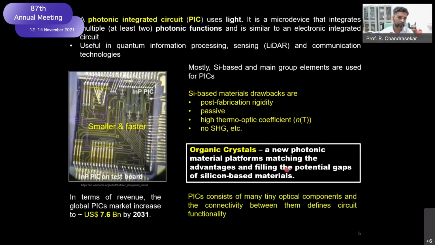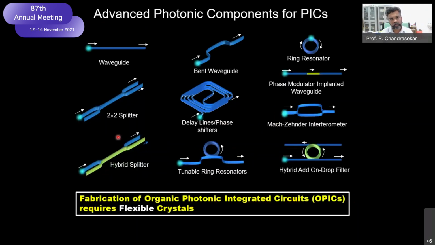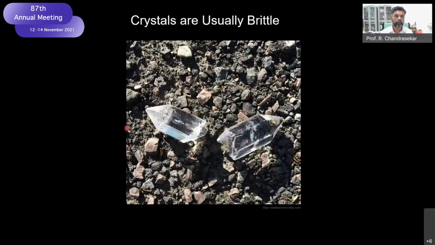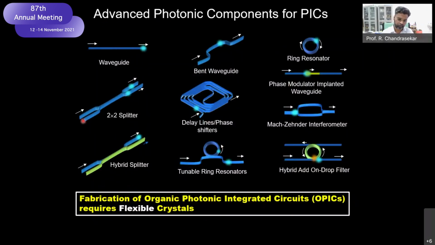If you look at a PIC, a single indium phosphide-based PIC is shown here. It consists of many complex circuits and components. Their connectivity decides the functionality. And if you look at this picture, you can see many components given here: waveguides, bend waveguides, ring resonators, splitters, delay lines, and